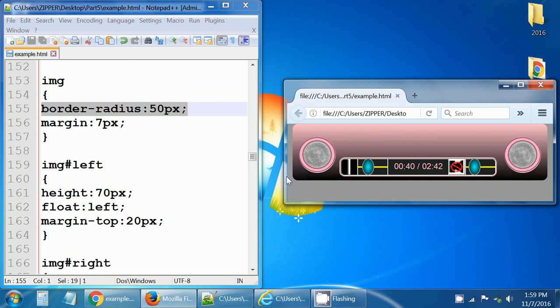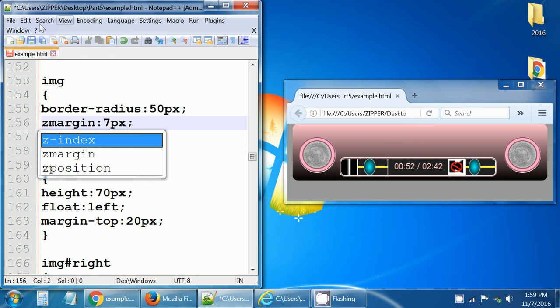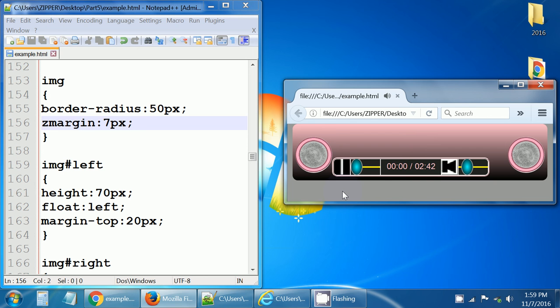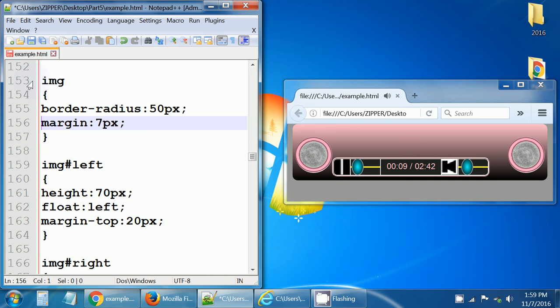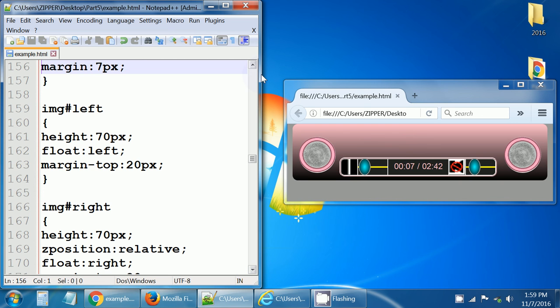And I gave it a margin of 7 pixels because without this margin, get rid of the margin. Without a margin around my image, look how close my little control area here was squashing up against the image, and that was annoying. So I gave my image a margin, which means everything around it has to be at least 7 pixels away. So it kind of evened my images out. Alright, so if you finished the style for the IMG, which means for the image,